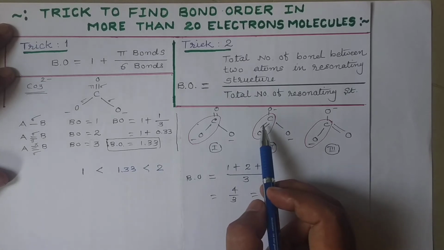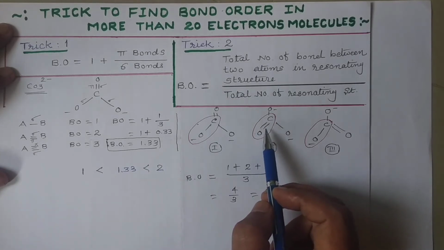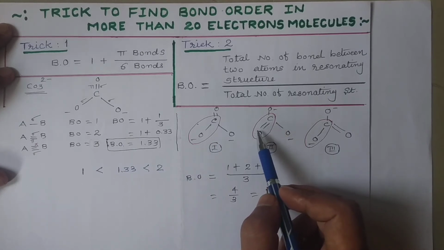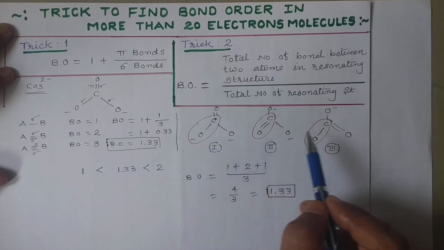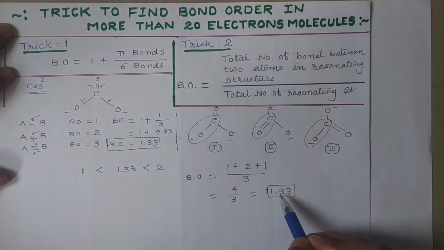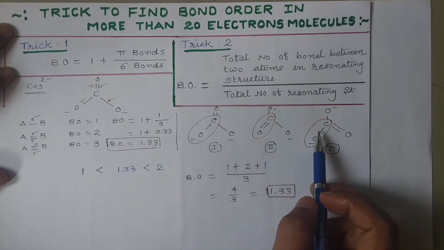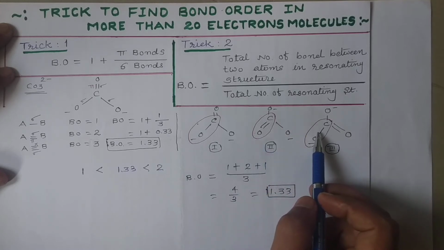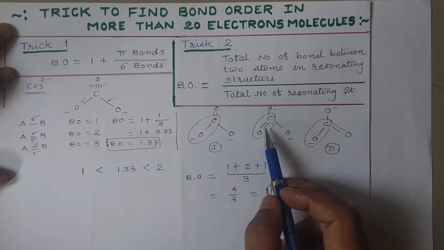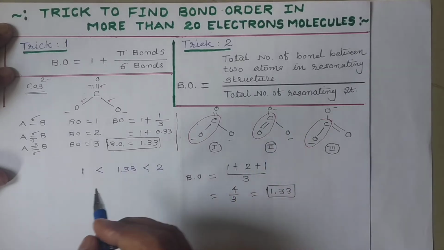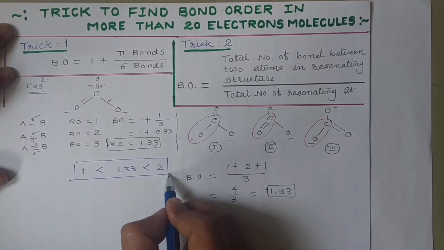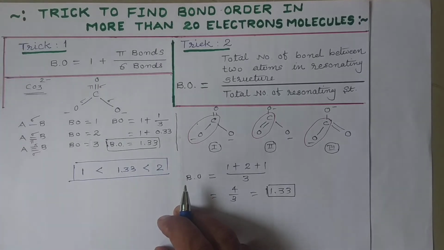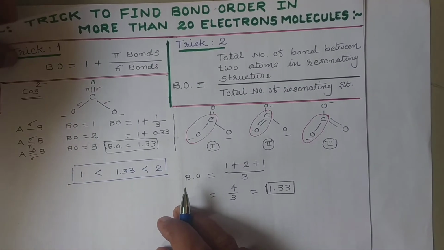If we show the structure of the carbonate ion, then this C double bond O is not completely a double bond, it is a partial double bond. It means all three bonds, C single bond O, C double bond O, C single bond O, are exactly 1.33. So here the double bond is converted into single bond and the single bond is also converted into double bond. So it is partially double bond and this is not completely single bond, it is partially single bond and this is partially double bond. So the bond order is lying between 1 and 2. So the bond order of the carbonate ion is 1.33.